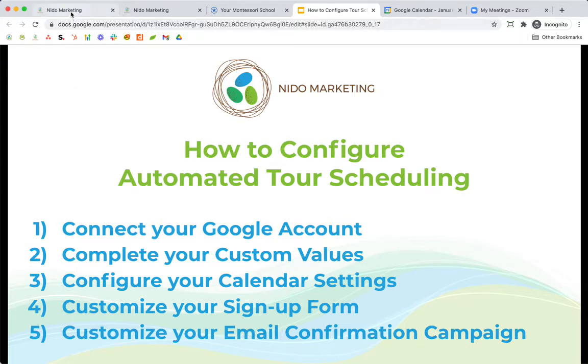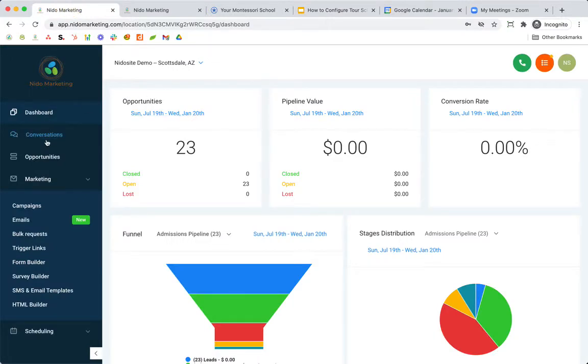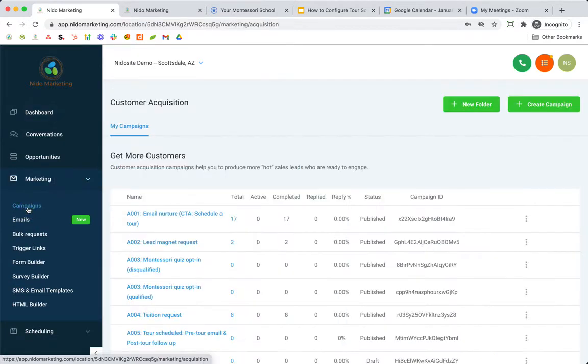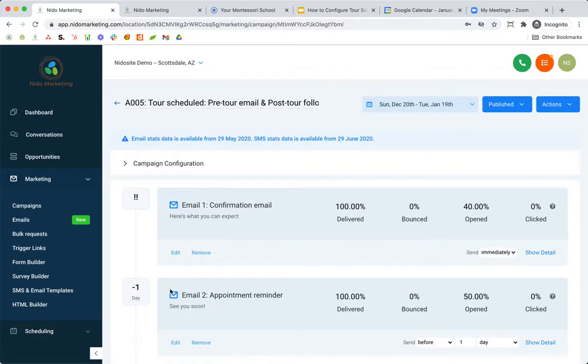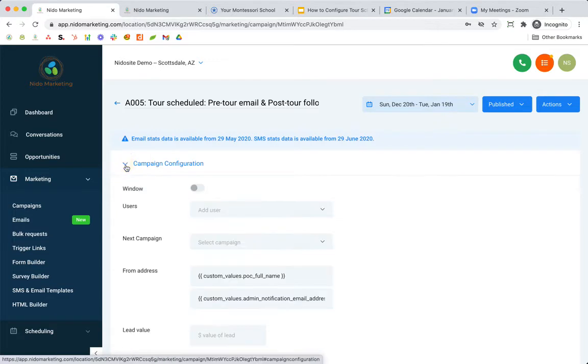So back here in the CRM, where you want to go is under marketing here. So I clicked on marketing and then campaigns. And what you want to do is go to, again, A005, tour schedule, pre-tour email, and post-tour follow-up. So the first thing that you want to do is